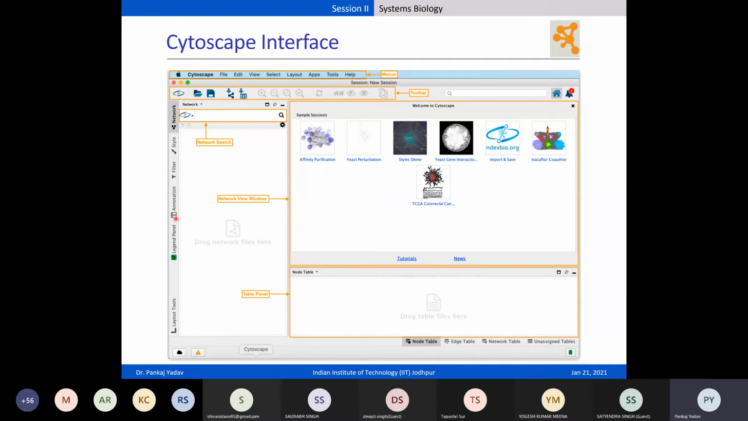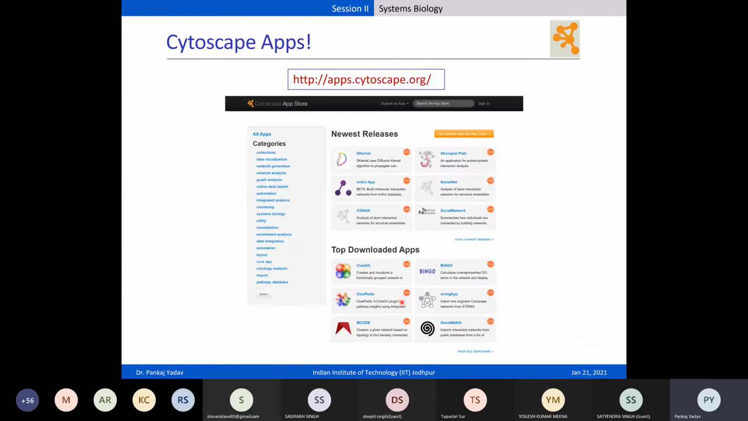Then, I think there are apps now for annotation, so you can also use that. And there are also layout tools. And then there can be many others, depending on what apps you have installed. And as I was talking about how you can install the apps, you can follow this URI